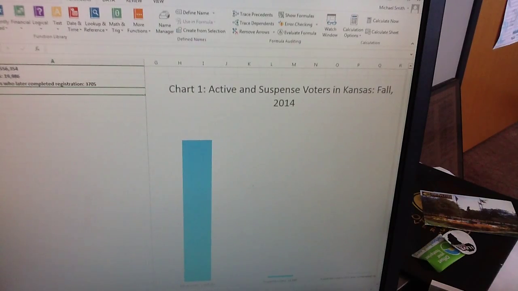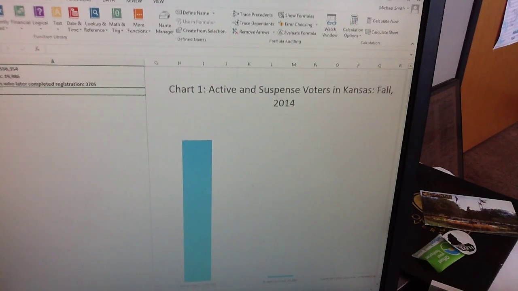Not a lot, but keep in mind that we're still talking about 23,000, and that number is up considerably, as you all know. I think you have more current data. This was as of fall of 2014. And as you know, many close elections are decided by less than 1.3% of the votes. The next thing we did is use a computer program to search for duplicates to see how many of the suspense voters actually completed their registrations.